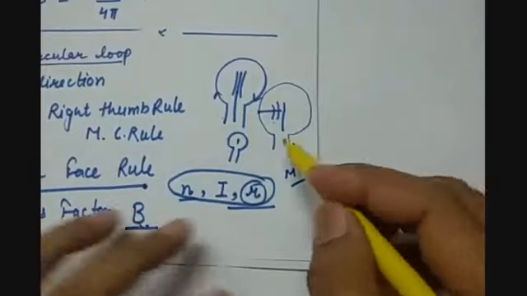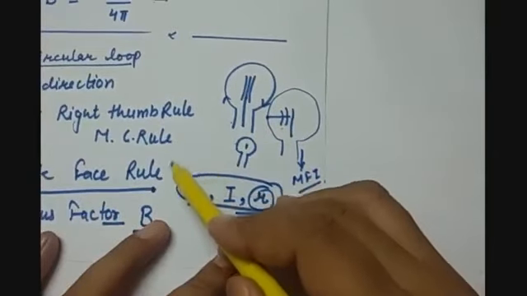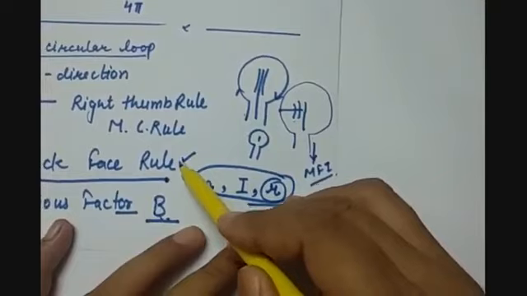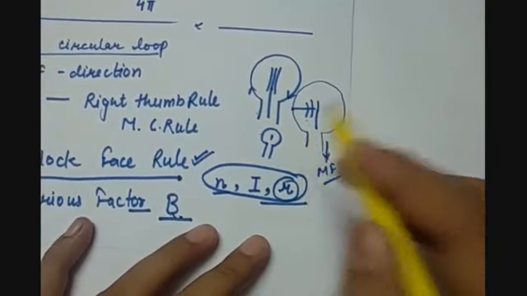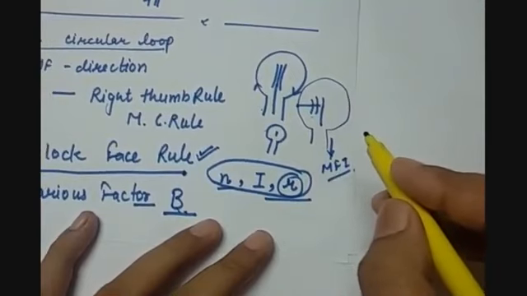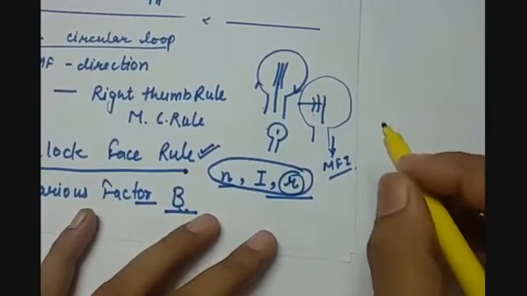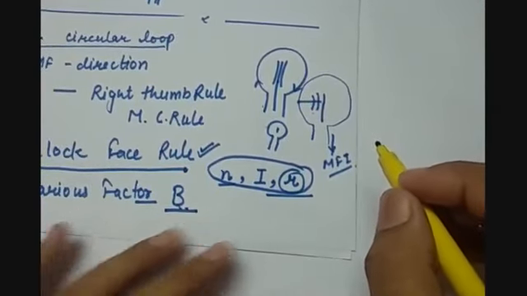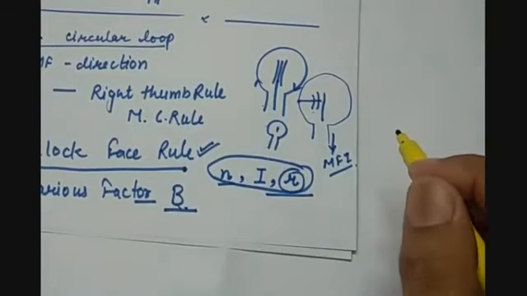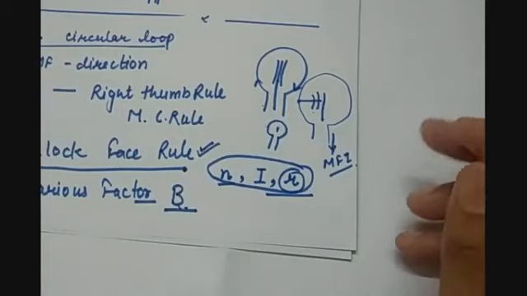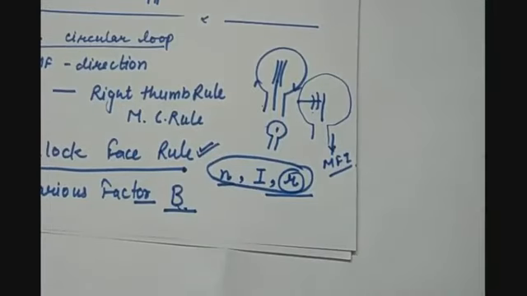So dear students, remember the clock face rule, as we will use this clock face rule in our next topic as well, which is the magnetic field due to a current in a solenoid. That is our next topic that we are going to do in our next chapter. Till then, let us see the homework of this lecture.